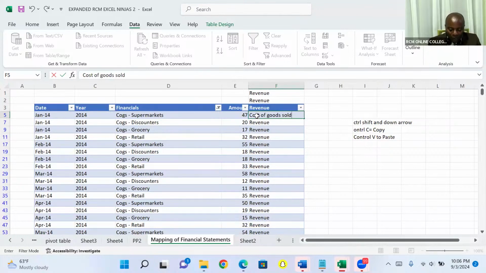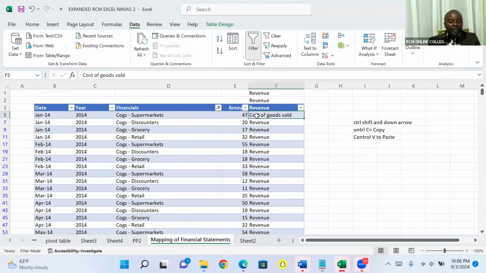And then you say Control Enter. And then now you copy the cost of goods sold. Copy it up. How do we copy it? We say Control C. Once you say Control C, ladies and gentlemen,